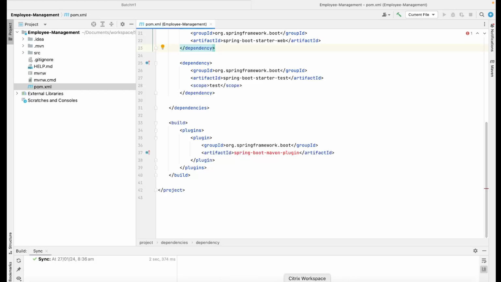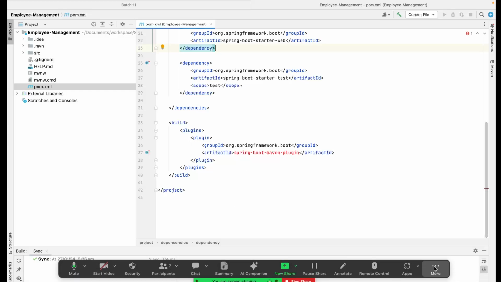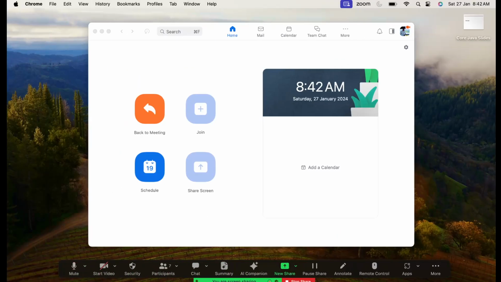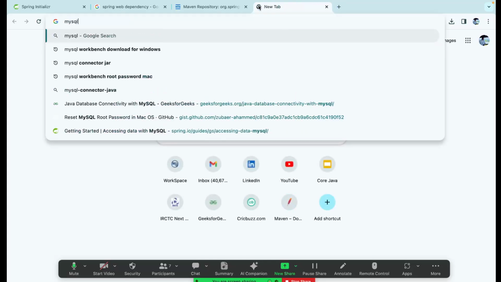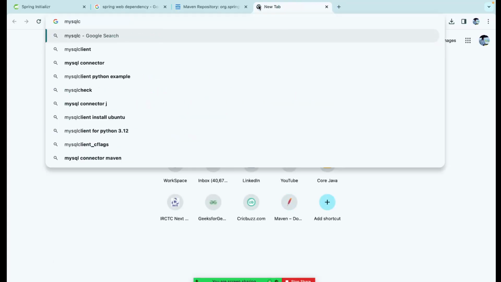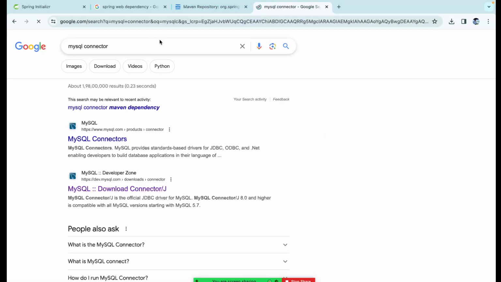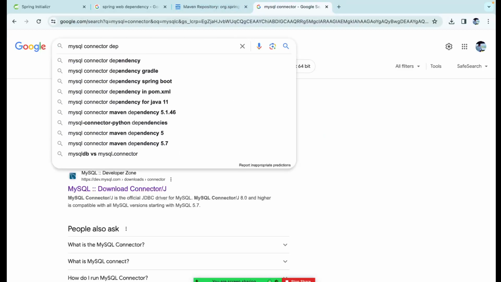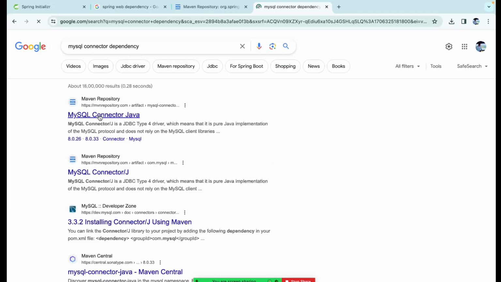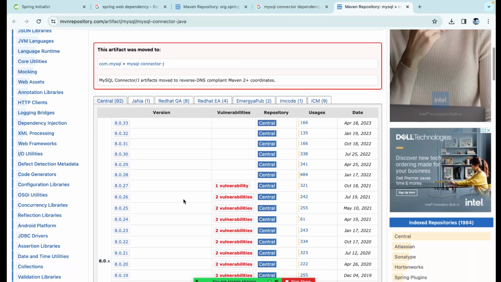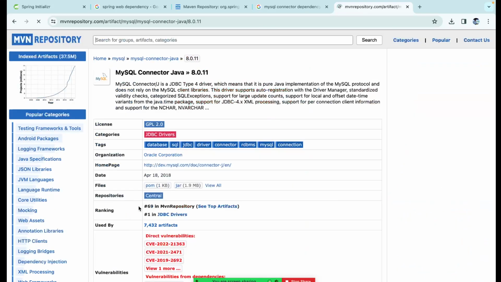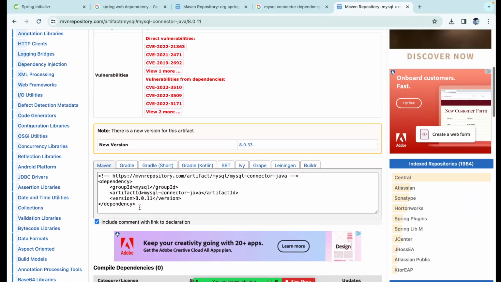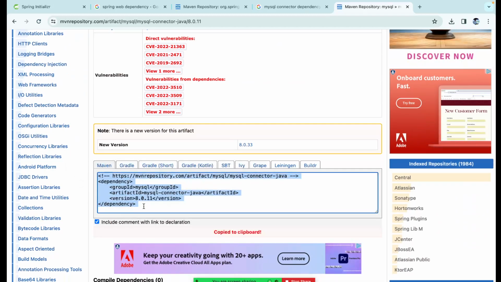So let's go ahead and again search for that. MySQL connector, MySQL connector dependency. It will take me to this Maven repository, and I'll go ahead and select one. Let me select this version. So I'll go here, I'll copy this, and once I copy this,